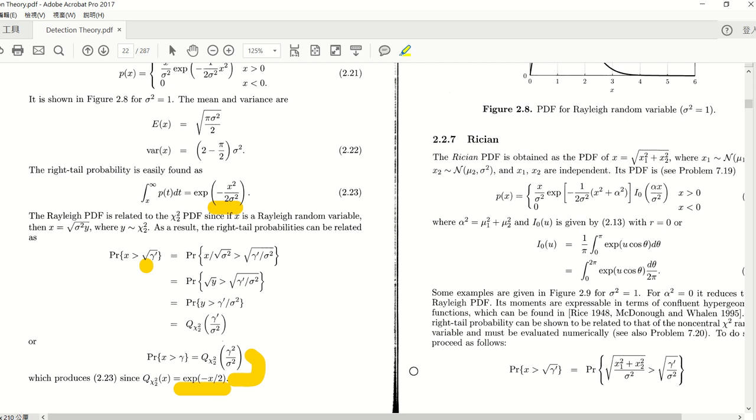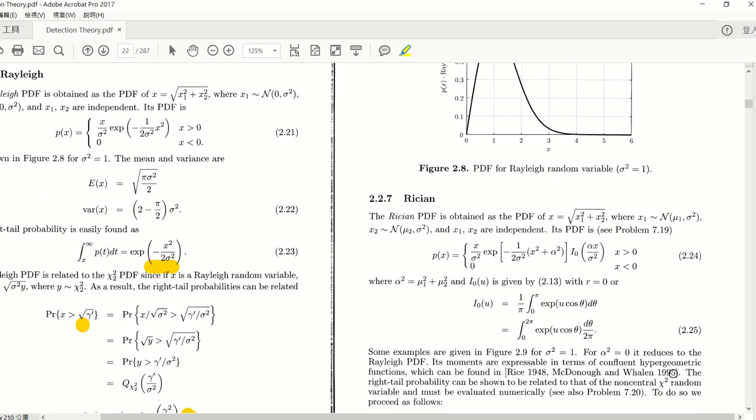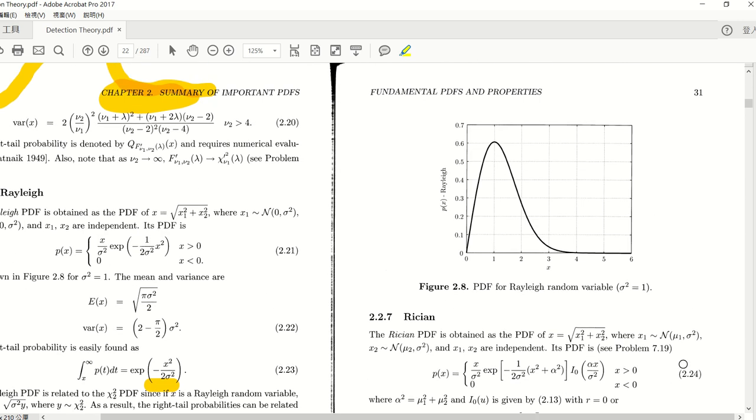Okay, so that is the Rayleigh distribution. And then for sigma square equal to 1, you can take a look at the probability density function, and the probability density function looks like this. And of course, if you do sigma square equal to 2, you expect this to be more spread